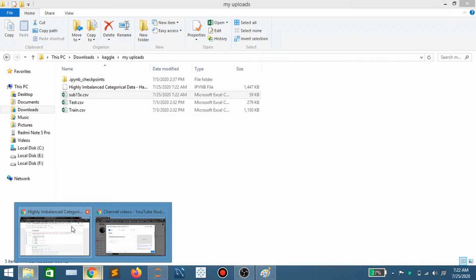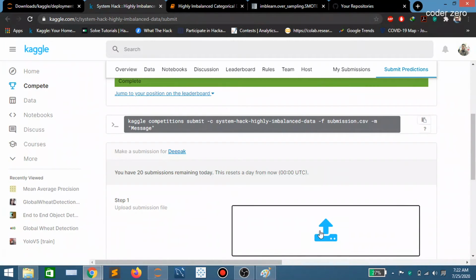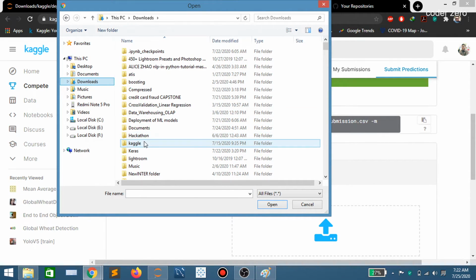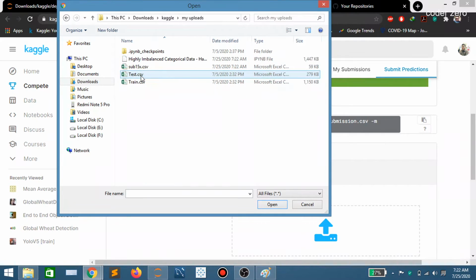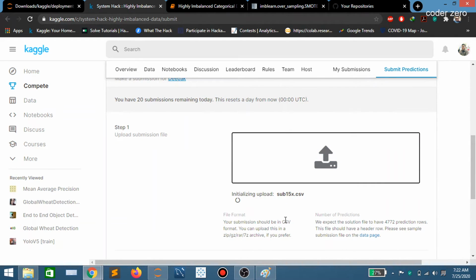Now let's submit that file on the Kaggle competition. Submit prediction now. Go to the file location now. Kaggle, then my uploads, okay, this is our submission file. Now open that, so it will be submitted now.